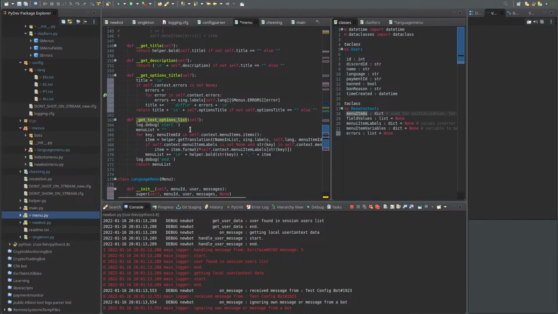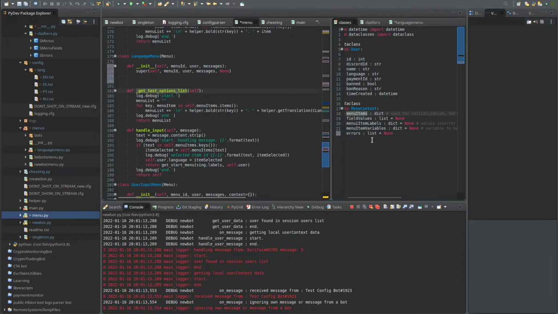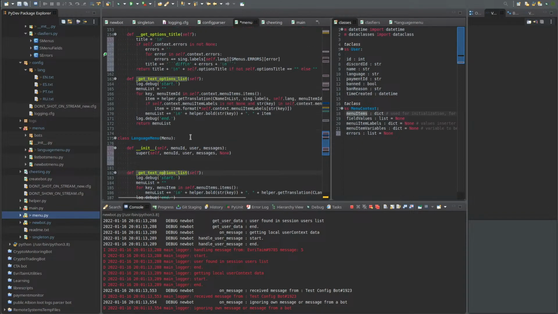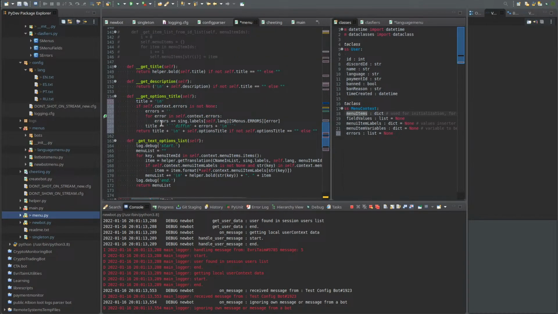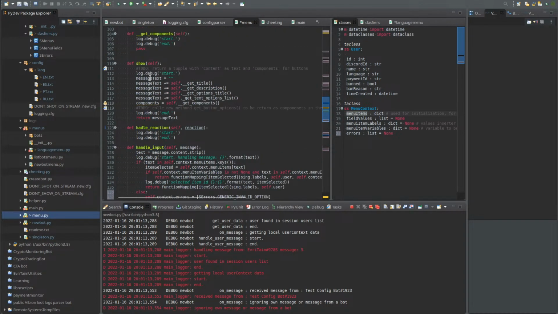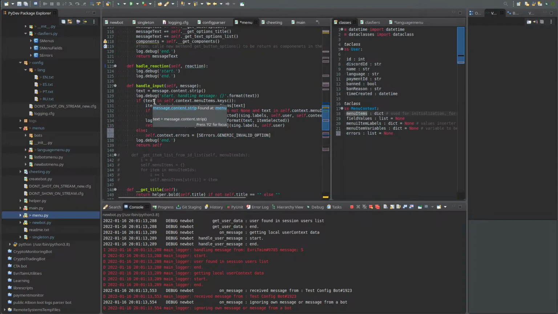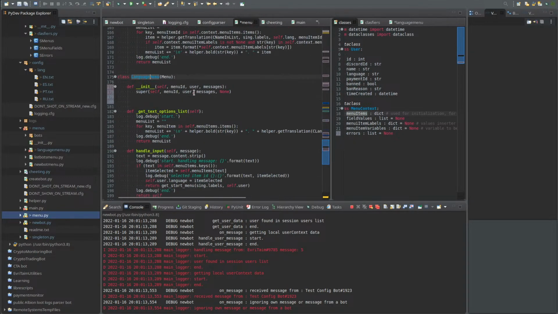Well, it's not too complicated, but it's too many things to keep track of. I need to start over because I just lost track. So, language menu gets initiated where? The start menu. So yeah, it calls init, it creates an instance of the menu using these parameters without anything